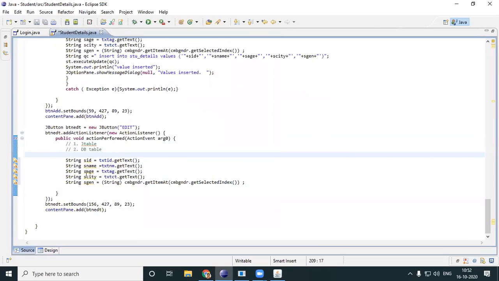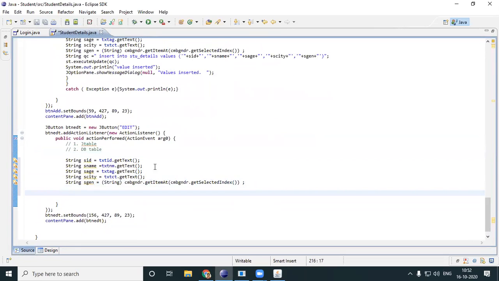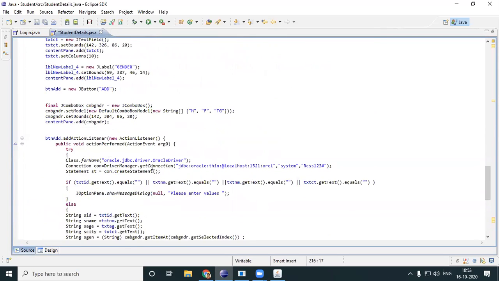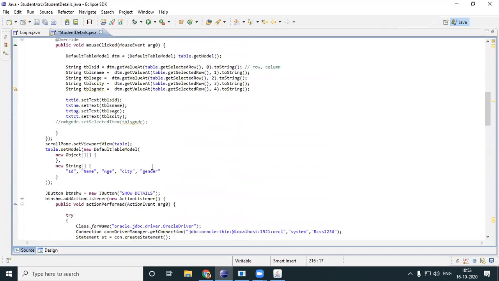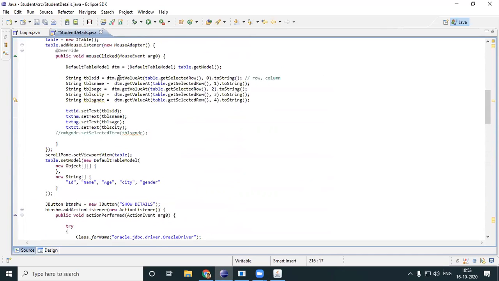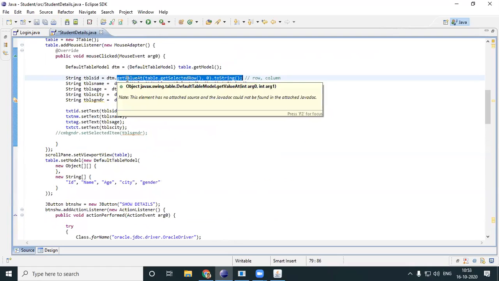Okay, I got text from each and every text box, even my combo box, I did get the details. Now I need to update my table. Now if you look over here, earlier we got values from your table. To get a value from a JTable, you use a method called get value at. To assign values to a table,